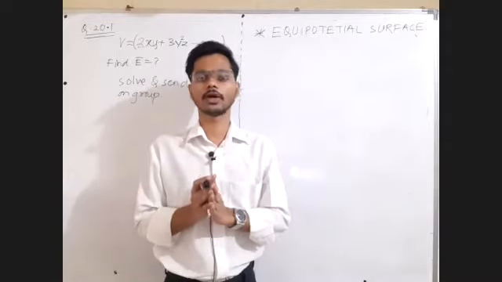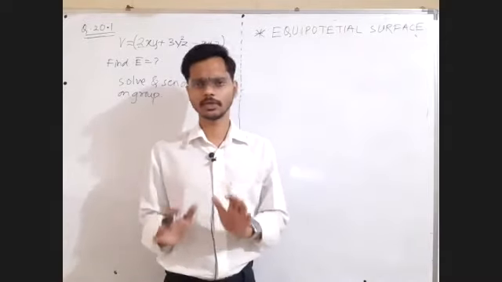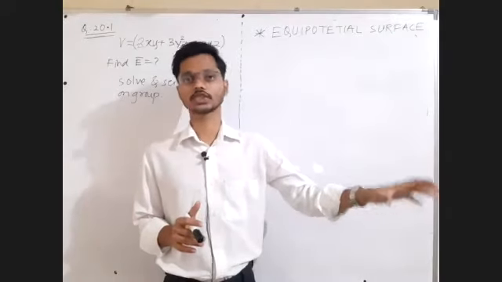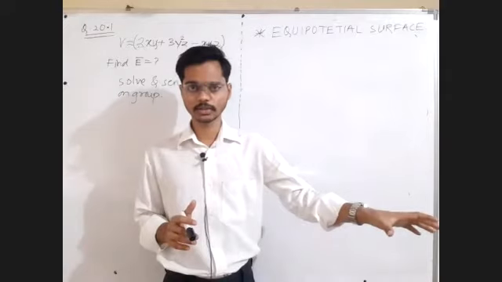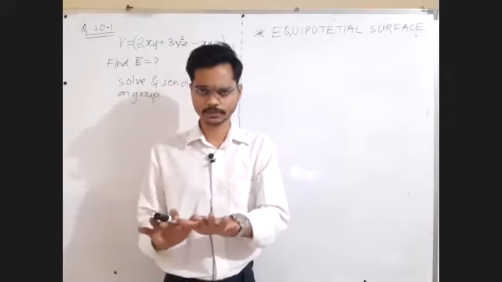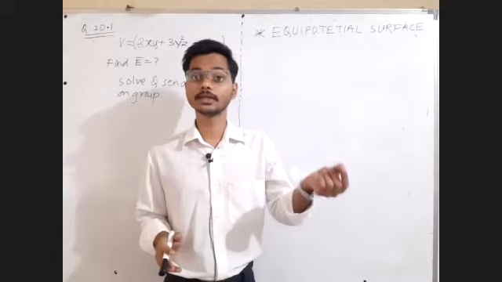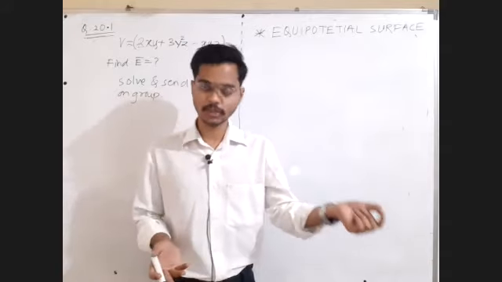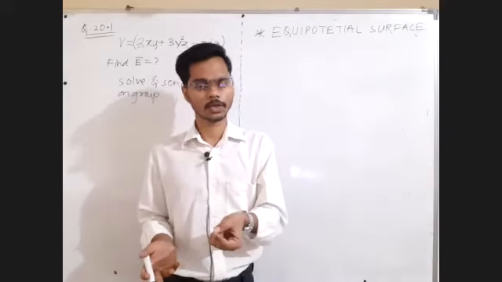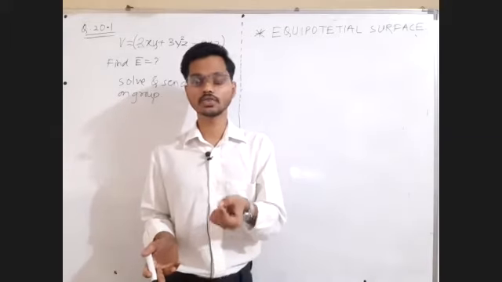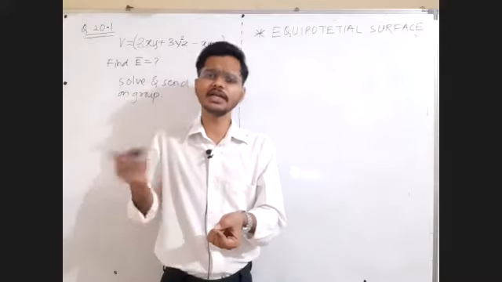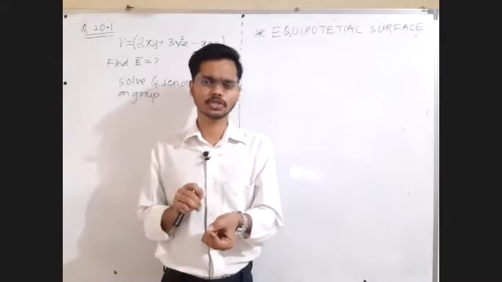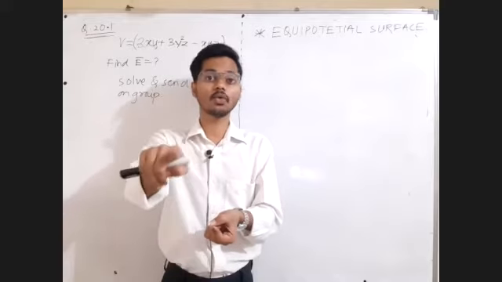So let us try to define potential once again. Listen carefully. It is the work done to bring the unit positive charge from infinity to the given point. It is work done for what? To bring the unit positive charge from where to where? From infinity to the given point. Now we want this work done to be spent entirely on changing potential energy. So kinetic energy should not change. So this work is to be done without acceleration.